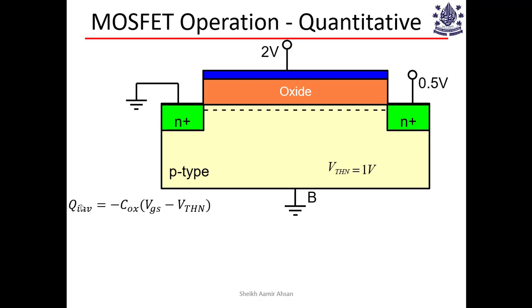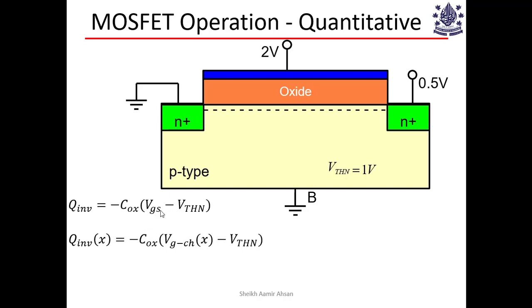Therefore, inversion charge in the previous case was independent of the position. Wherever you are in the channel, you will have the same inversion charge. Here, in this case, the inversion charge, I'll put this argument x, becomes a function of position. So at x is equal to 0, you will have one value of inversion charge. At x is equal to L, you will have a different value of inversion charge because V_G channel, now instead